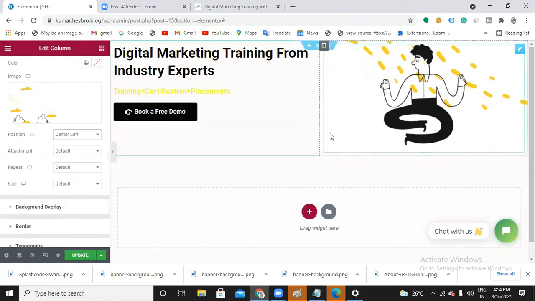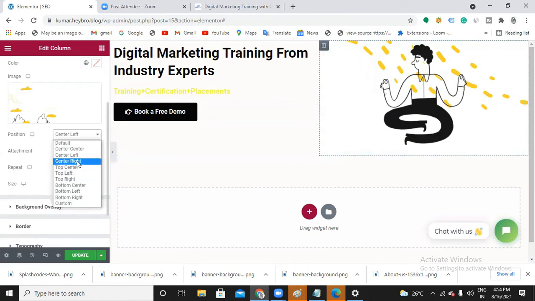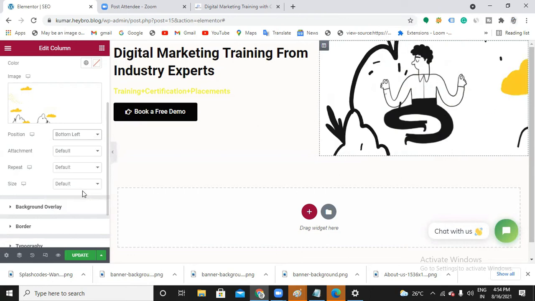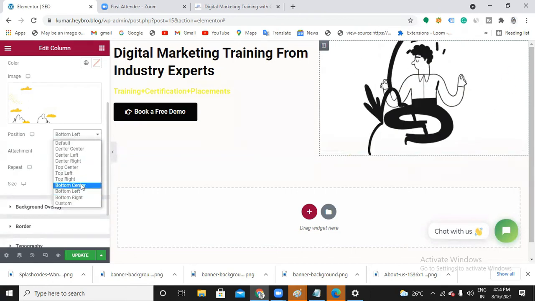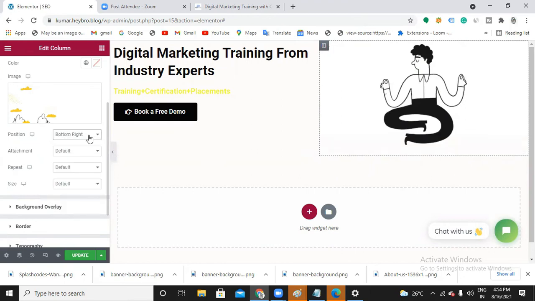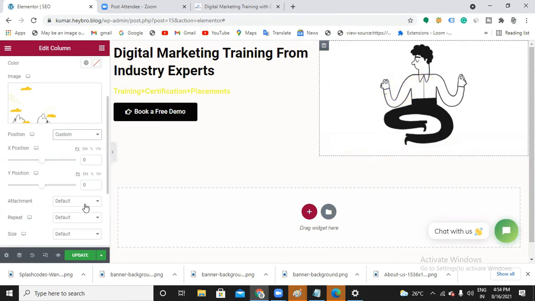That is only for that column, right? Bottom, center, top, right, bottom, right side, custom. So you can also choose the position.